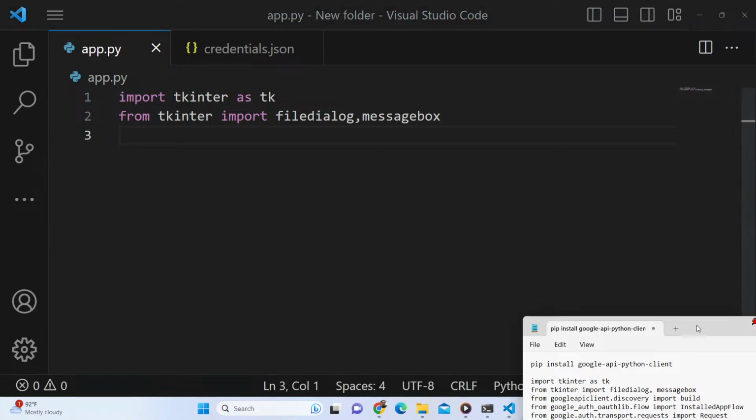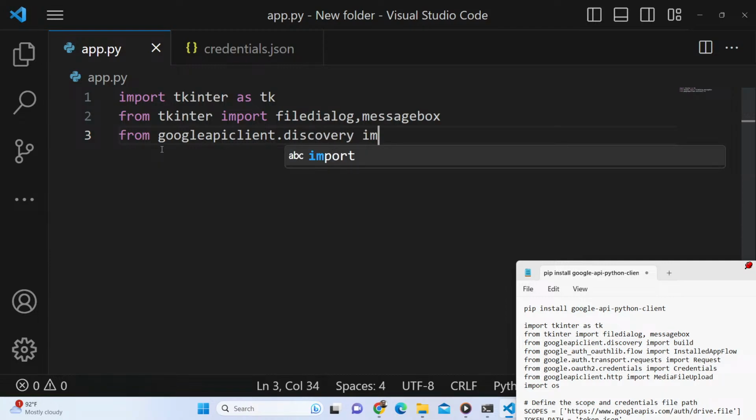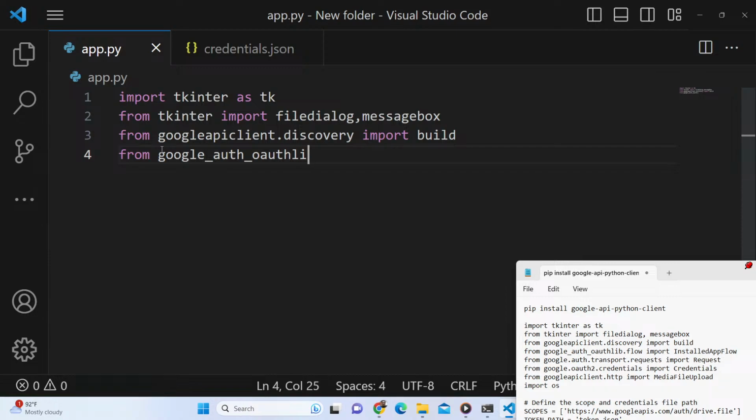So we are just importing all the dependencies that are needed for this application. So from googleapiclient.discovery, we need this module here, which is the build module, and from google_auth_oauthlib.flow, we need to import InstalledAppFlow,